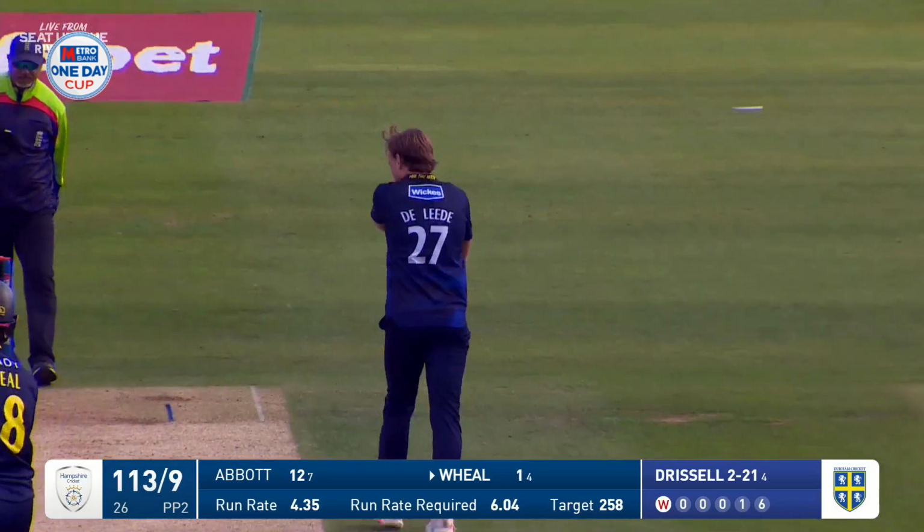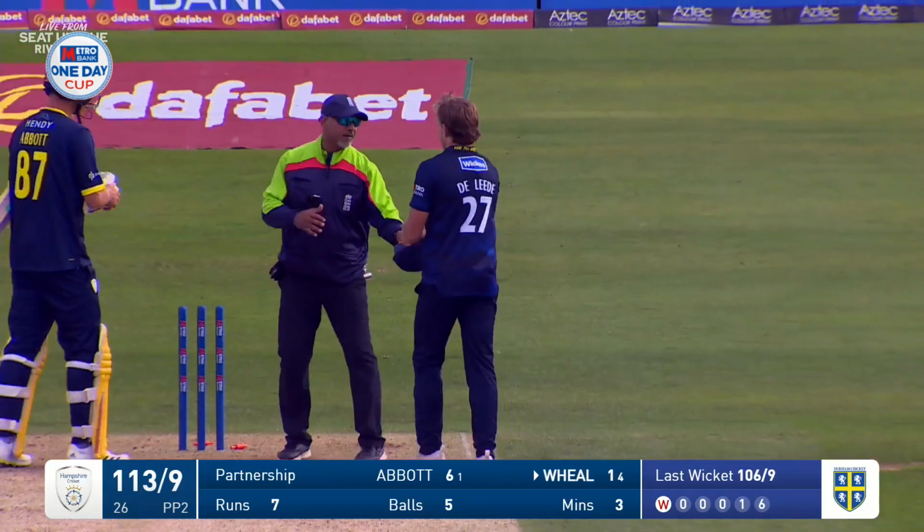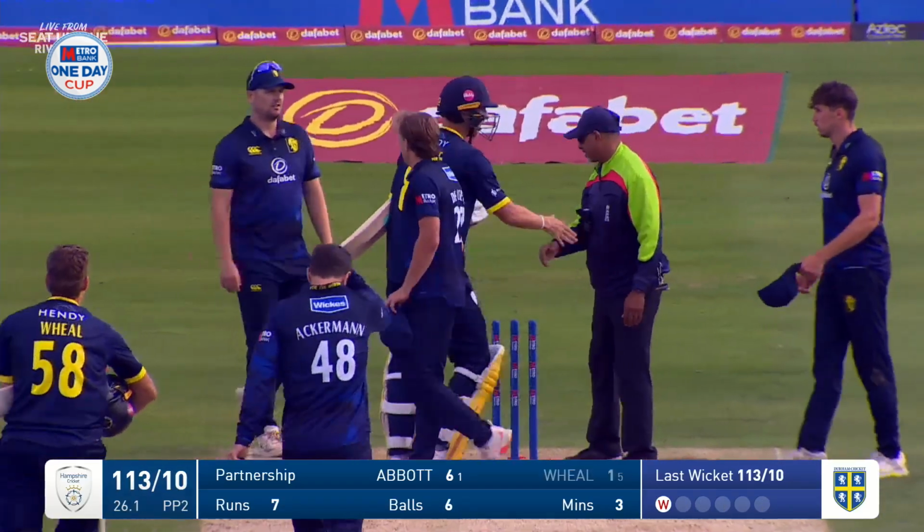Hampshire, Brad Wheel misses one that maybe nips back, maybe is a straight one, keeps a little bit low. Off stump is back. Daniel Hogg has a couple of wickets. It's been the complete